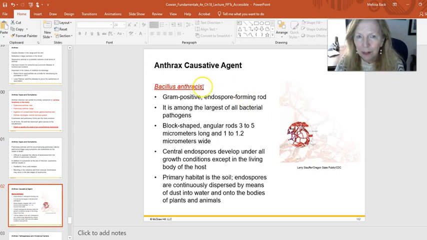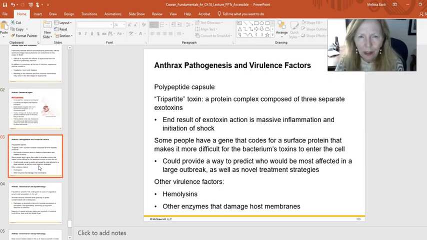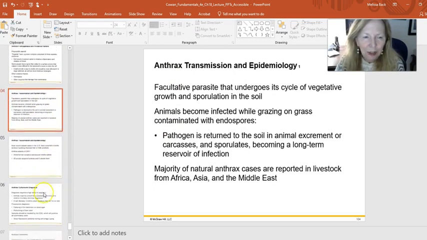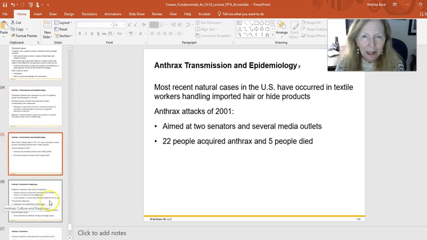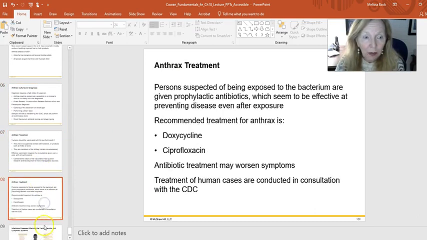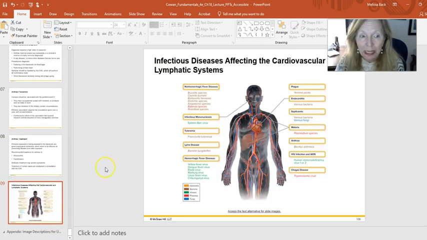So y'all can look at this Bacillus anthracis. This is what it would look like on a gram stain. It does have spores. Not all bacteria produce spores, but Bacillus does, and Clostridium does as well. Again, there are different variants, cutaneous and systemic, and you can look at some of those. I have a lot of slides on anthrax and treatment. It's a bacteria, so if we can diagnose it early, we can try to treat. But again, if it's become systemic, it's really difficult.